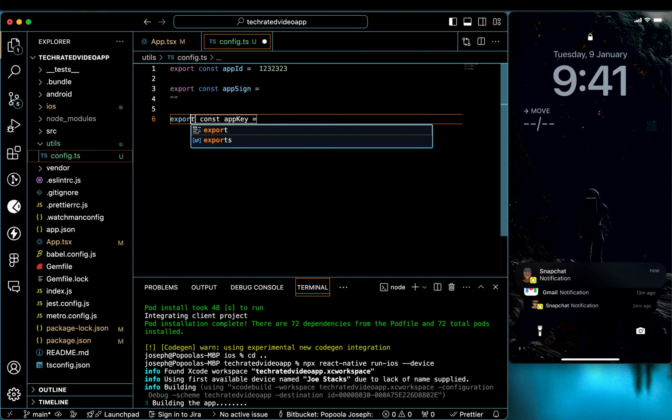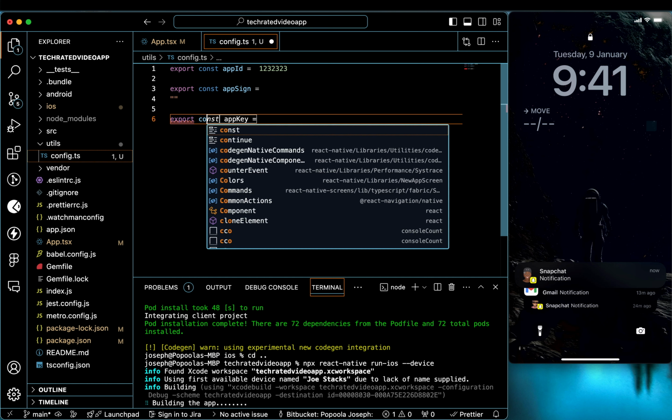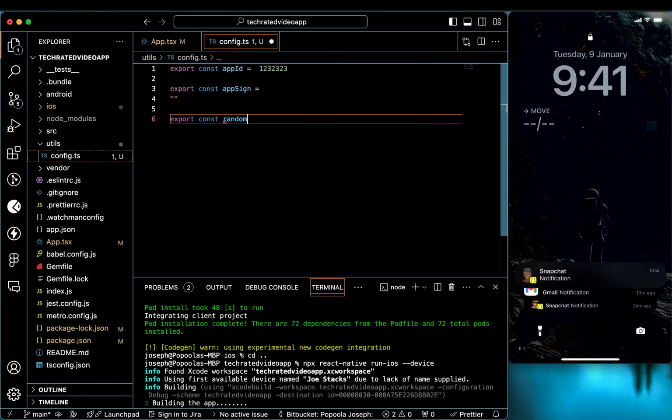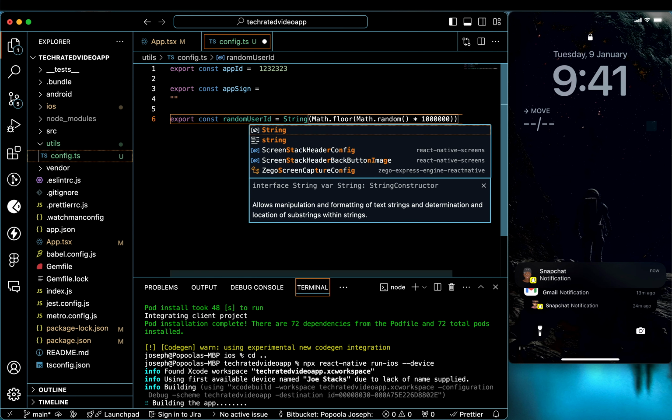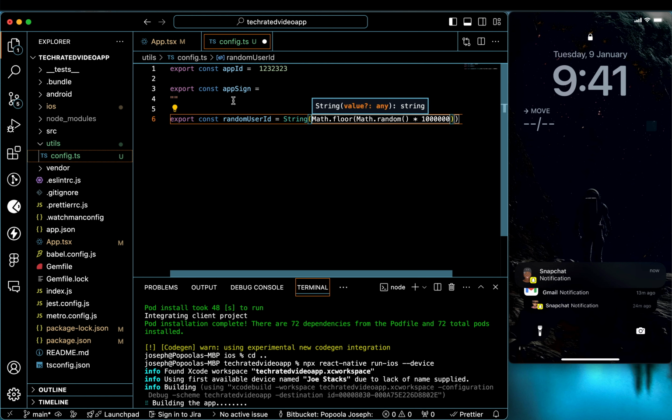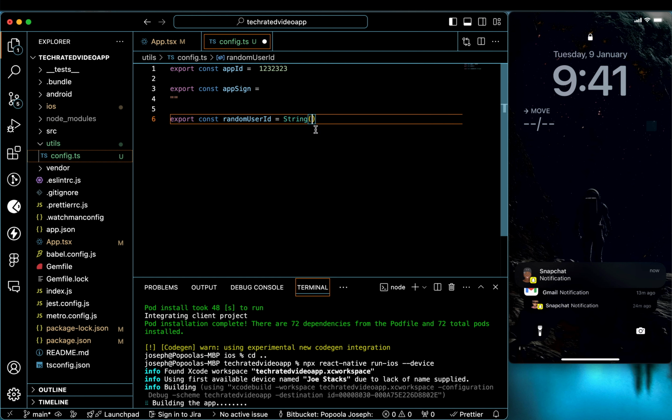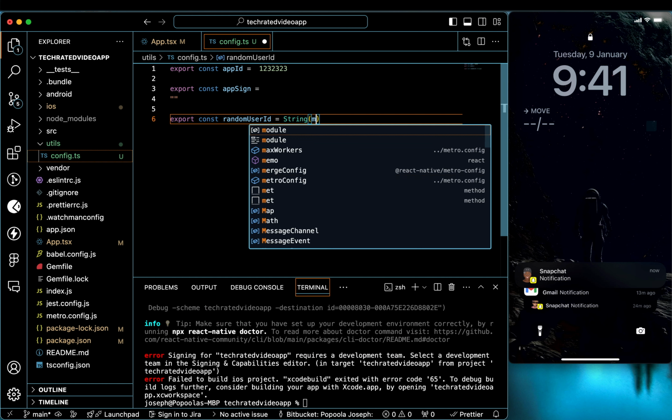Right. So let's go to export const randomUserID. This is going to be of a string, right? That's string. And also inside of this string, we are going to say